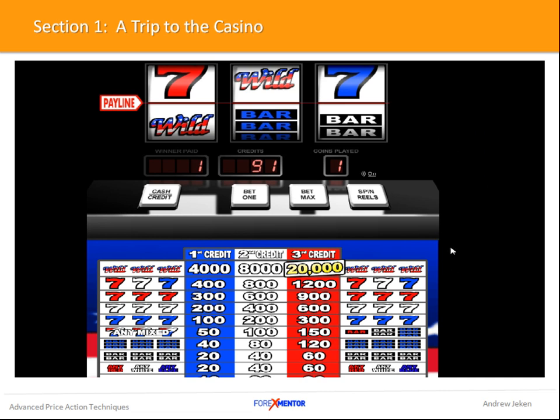Okay, so you can go around and play with this on a demo. Please don't go and use real money. You know, we need to have an edge in our favor. The casinos have an edge in their favor. So just a very good exercise to work on random outcomes. You can also use a coin flip. Okay, it gives you the same feel, but I do feel this is slightly better because it's electronic.